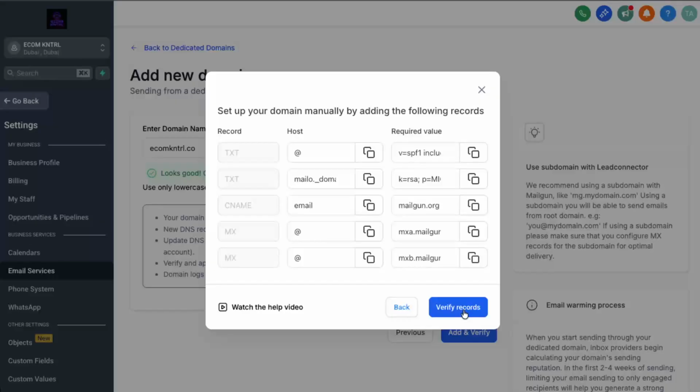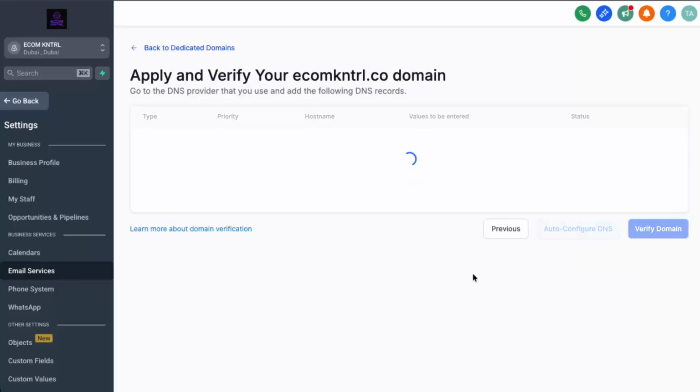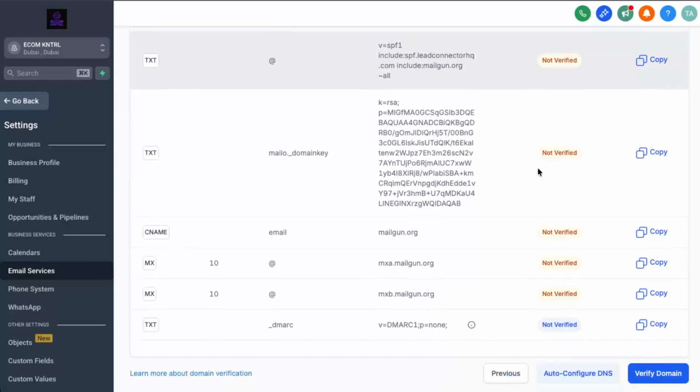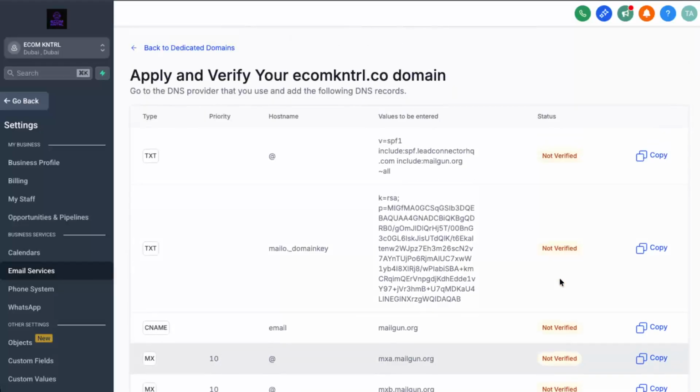When you're done adding all of the records, return to GoHighLevel and click on Verify Records. It may take a few minutes for DNS changes to propagate, so if verification doesn't succeed immediately, wait a bit and try again. Once your records are verified, your sending domain is authenticated. At this point, your deliverability will improve, and over time your sending reputation will strengthen, which greatly reduces the chances of your emails